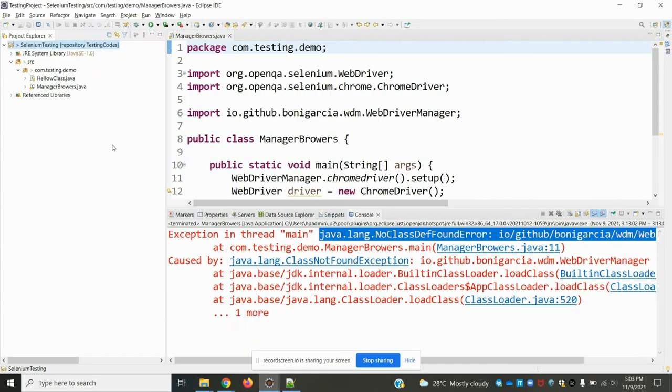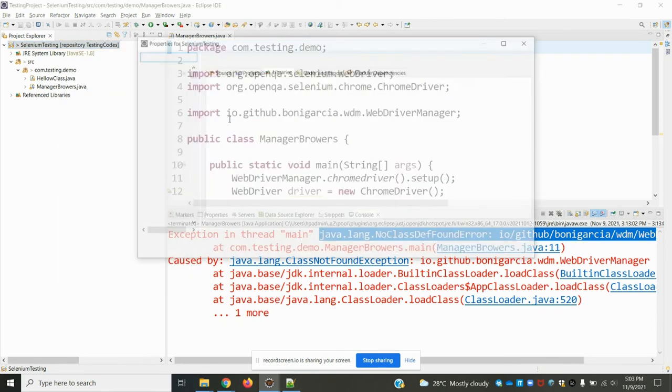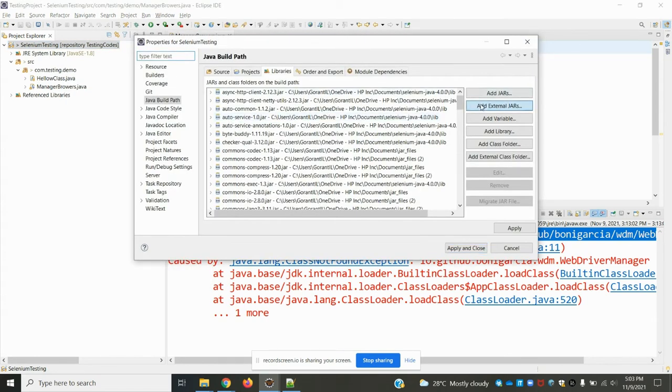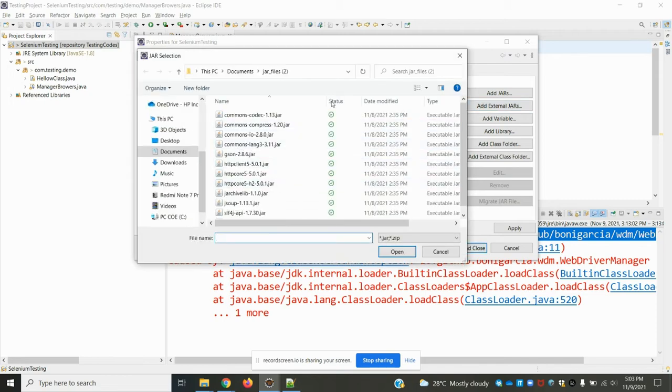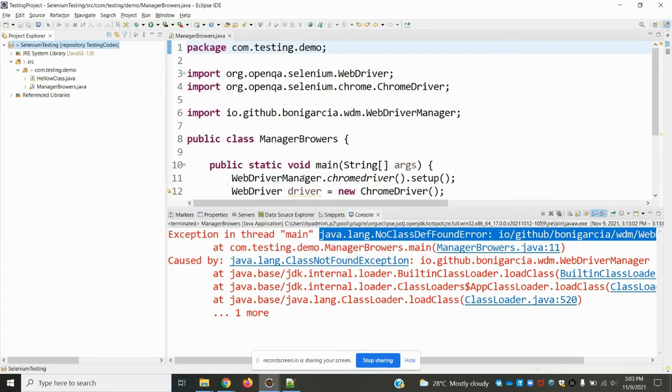If your project is a normal project, right click there, go to build path and configure build path, add external jars, select all the jars, and open. Once open, apply and close. Once you've done this, we can initiate WebDriver Manager.